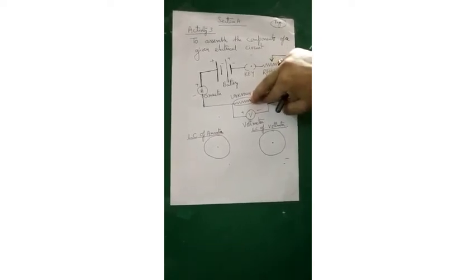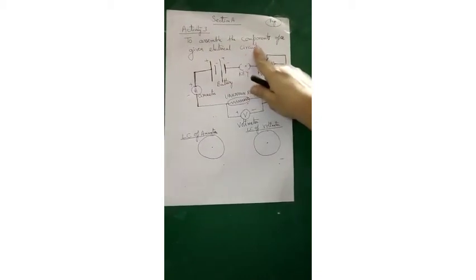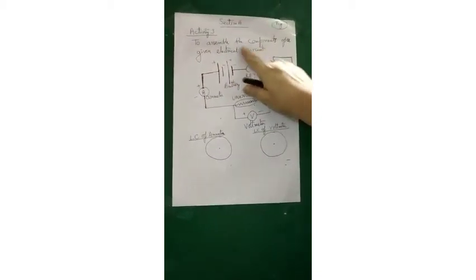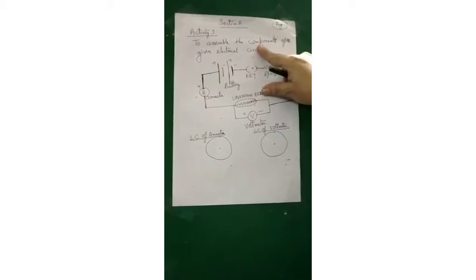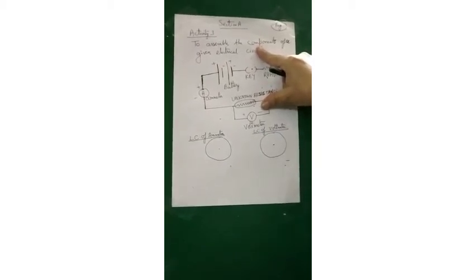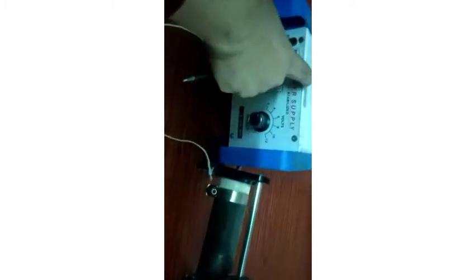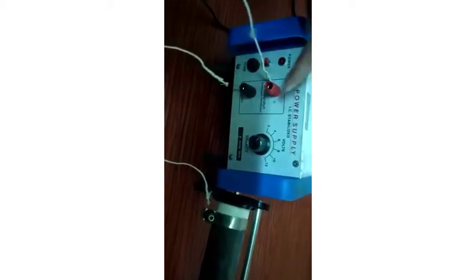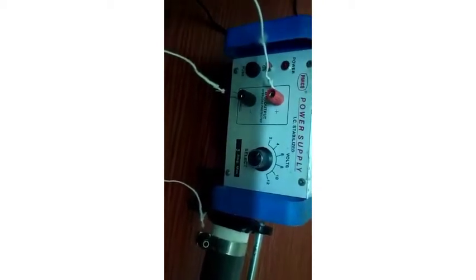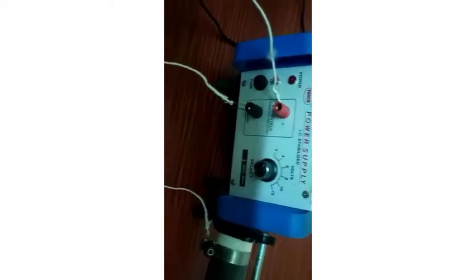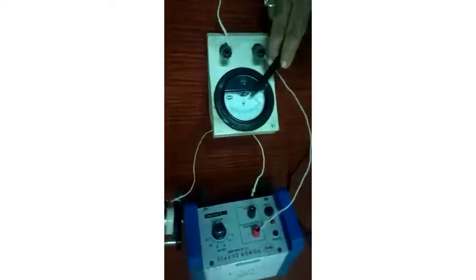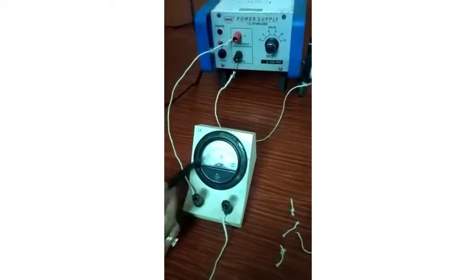Now, a very simple circuit, because they have not specified which electrical circuit you need to use. So I am taking the Ohm's law circuit. Okay. So now let me show you the apparatus of the circuit. Coming here, this is the battery eliminator, which you have already seen. I have already explained you. Now the positive red one is positive. The positive of the battery eliminator is connected to the current measuring device, ammeter, and here you can see the